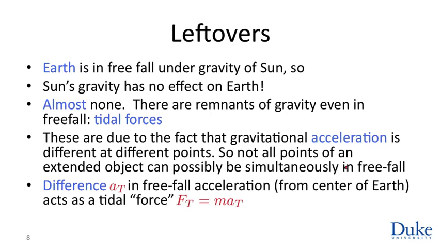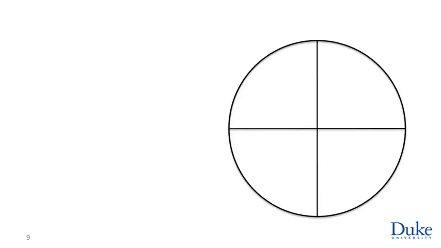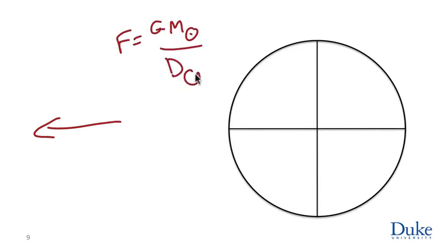Let's turn to that. Let's do the calculation. So in this image, we have the Earth over here. The Sun, I'm going to assume, is way over there in the left-hand corner, and way outside the image. And because the Sun's gravitation applies a force to the Earth, given by F equals G times the mass of the Sun, divided by the distance to the Sun squared, times the mass of the Earth, the entire Earth is